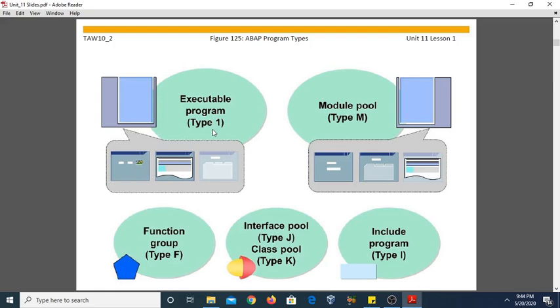If you want to execute this program, you can execute it directly through the ABAP editor. Generally, a type 1 program creates and displays a list. A list is generally a type of output format, such as a normal list, which is created with the help of the write statement. The write statement always creates a list.